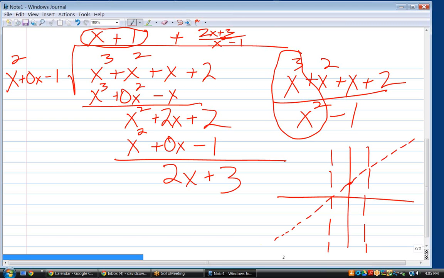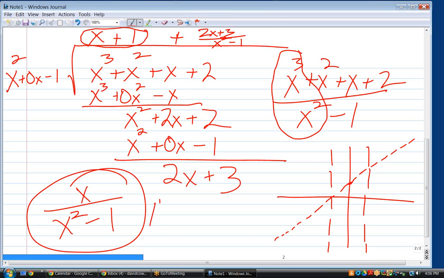Now, when I talk about oblique asymptotes, is that something you've talked about in class? No. Never? I've never heard it. Okay. Well, let's just go over asymptotes for a moment. Typically, you have horizontal asymptotes. Okay? If I have the following situation,